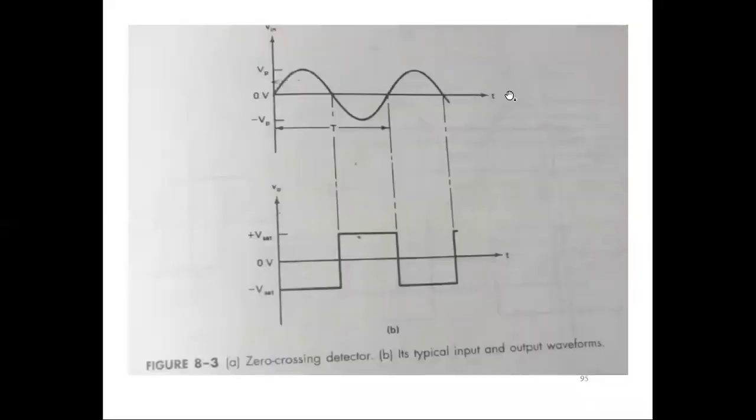So you'll get the waveform like this, right? You'll get the waveform like this. Exactly at 0, below the 0 volts, you will have this portion. At that time, you will have the positive on period, and for input values above the V reference, you will have the minus V sat, right?